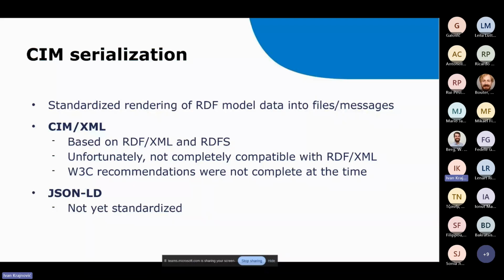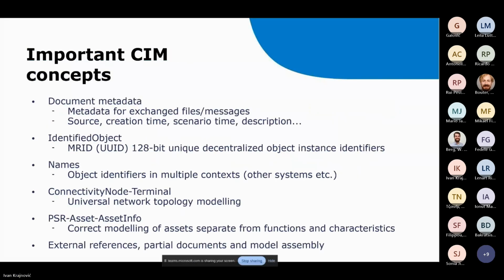I mean, it's mostly compatible with RDF XML, but the recommendations were not complete when SIM XML was made, so some incompatible changes were done. And we have JSON-LD for the future. It's not yet standardized, but already some vendors have been implementing it, and it will probably be the future because XML is not that popular anymore. But basically, the data is the same, and nothing important changes.